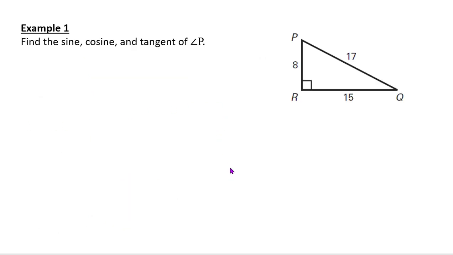So, find the sine, cosine, and tangent of angle P. So we call it sine. It's not sin. That's one of my biggest pet peeves, is when students write sin. Sine, cosine, and tangent. Okay, so sine of angle P. So you might want to highlight that angle. Okay, remember,